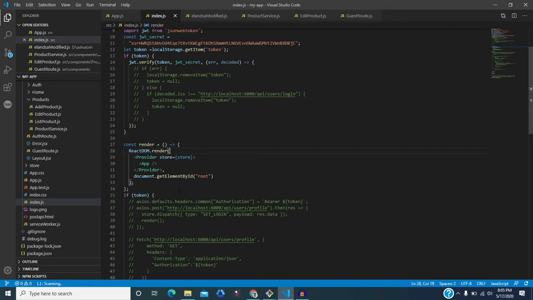Here you need to provide the App, that is the functionality, and this will return some UI element or DOM element, depending upon your logic. You are going to render that returned element in the element where the ID is root. So you can see here document.getElementById, and here it is root.